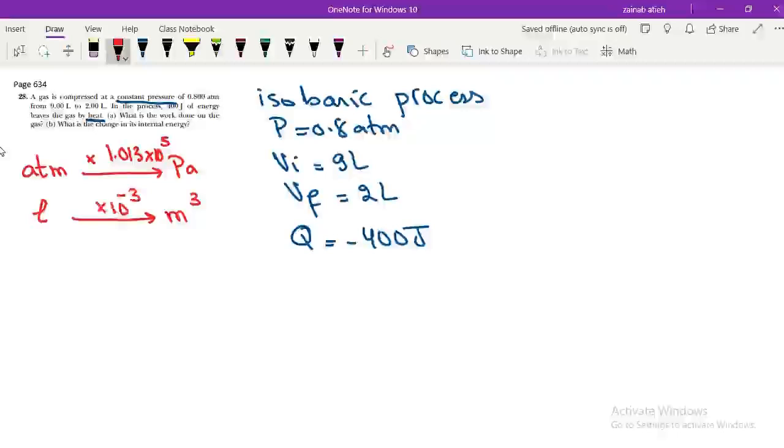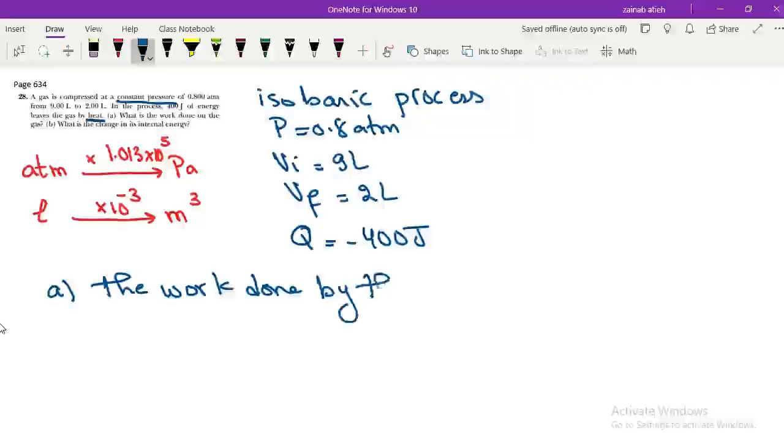Now in part A, he says, what is the work done on the gas? He's asking for the work done on the gas. We have the work done by the gas. I will repeat again: you have to know how to calculate the work done by the gas. So that's why I'm only calculating the work done by the gas, and then I'm deducing the work done on the gas. So the work done by the gas,